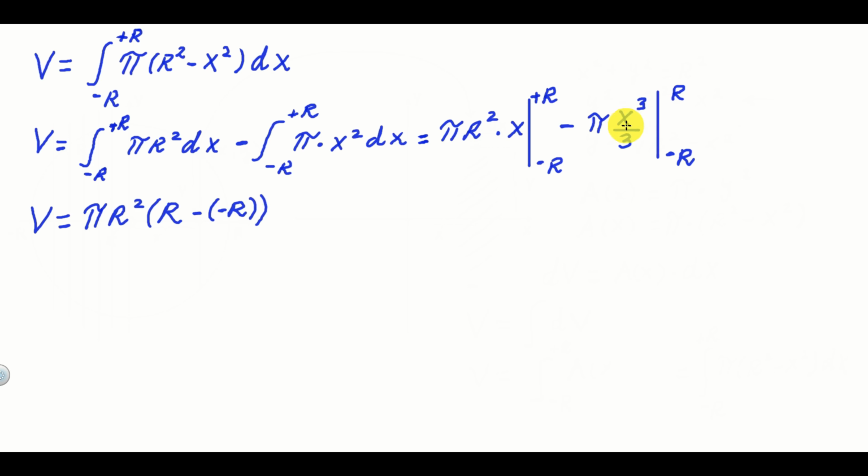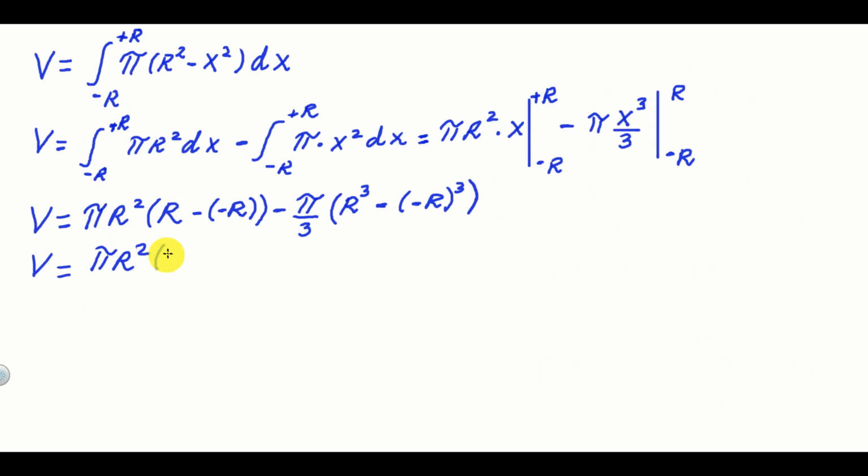And then we have minus pi over 3, and let's substitute the bounds. The first bound is r to the power 3, then minus, and over here we will have minus r to the power 3. Good. Let's continue. So the volume becomes pi r squared